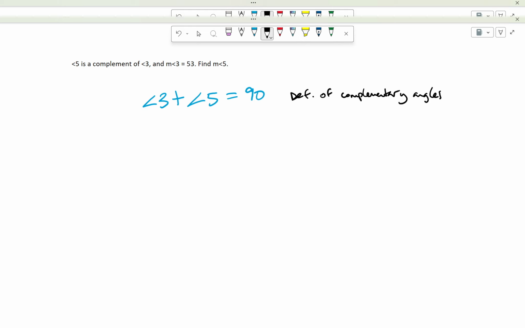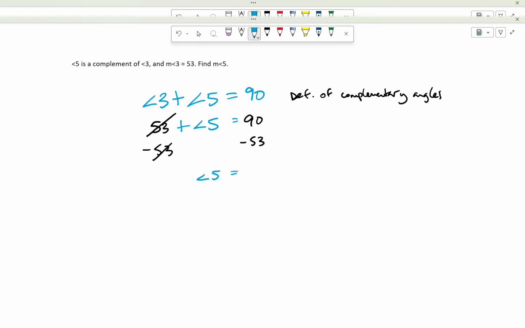This is what we need to start with, guys. I understand you guys can do all this arithmetic, but again, please, angle 3, we're going to substitute and have this as 53. This is plus angle 5, and that's going to be equal to, we already were given 90 as the angle measurement, okay? And then, again, there's no angle subtraction here, so we just set this up this way,